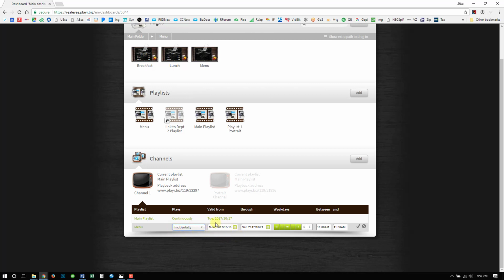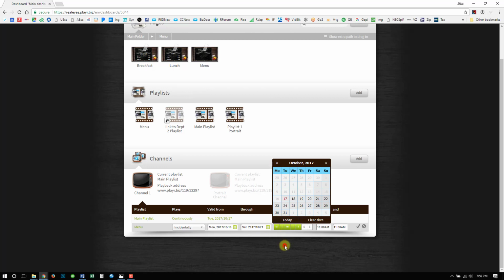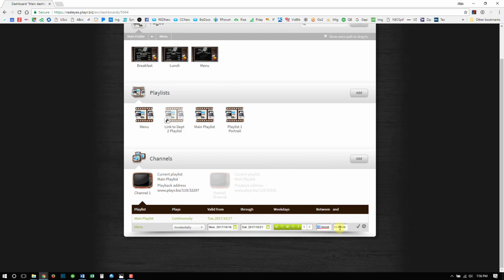So obviously, if you've seen the scheduling of your pages, this works exactly the same way. You can set a start and an end time. You can set recurrence and set the times of the day that you would like your playlist specifically to play. Now, if we were going to go ahead and schedule this for also sometime around Tuesday, or setting it so it will at least play today,